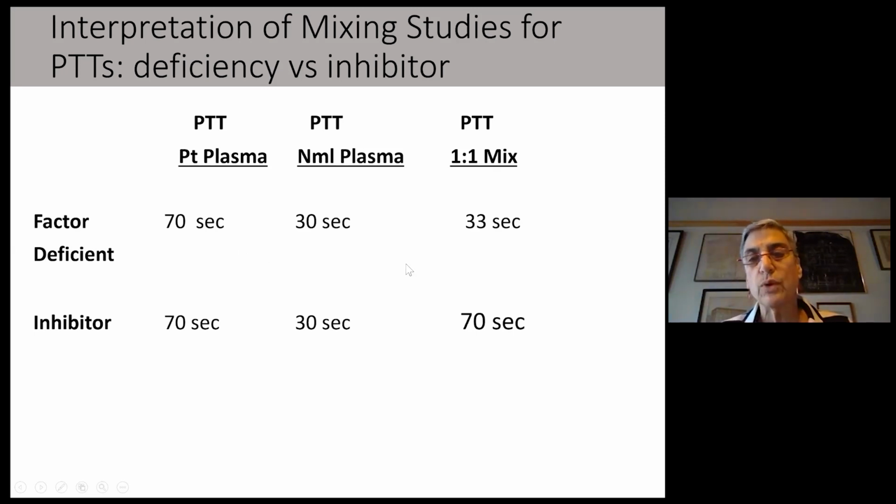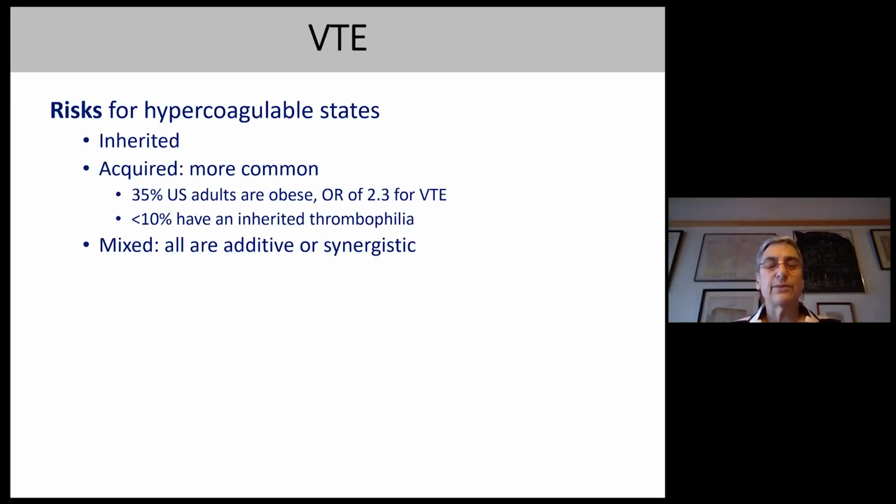If you mix them one-to-one and they're factor deficient, since you need less than 30% of any factor to make the PTT normal, it will normalize. That indicates that what's missing is a specific factor that can be replaced. On the other hand, if you have an inhibitor and you do a one-to-one mix, you don't correct. That's because the inhibitor will usually be of sufficient titer to neutralize the normal factor that is added in the mixing study. So we'll come back to that when we talk about the lupus anticoagulant,